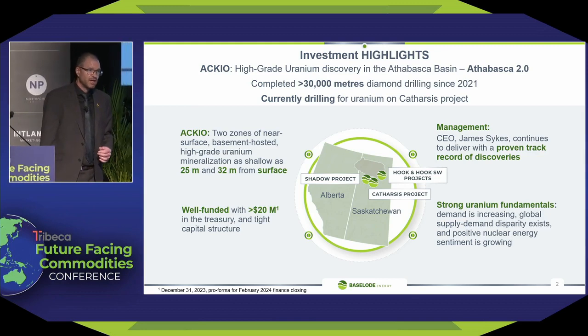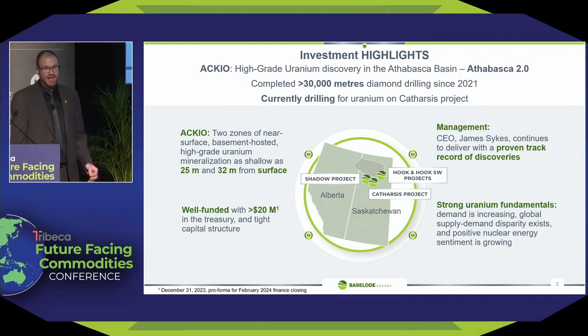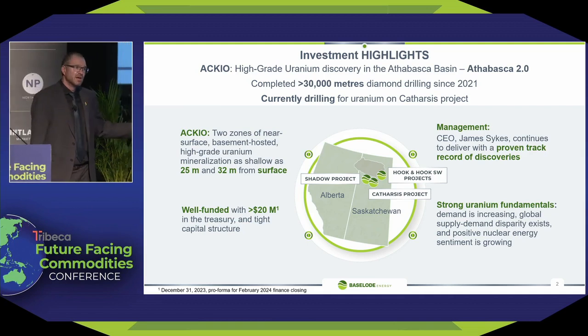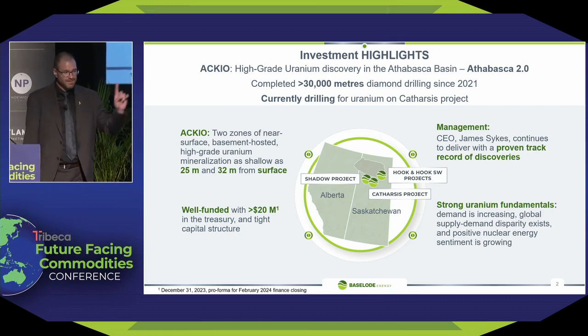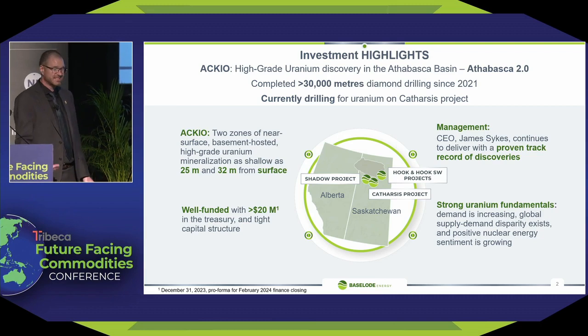new discovery. One of the key takeaways about Accio is that we have near-surface basement-hosted uranium mineralization. That's important for this area of the world in the Athabasca because all of the mills in the Athabasca were built off open pits. This has open pit potential with mineralization starting at 25 meters beneath the surface and a second zone of 32